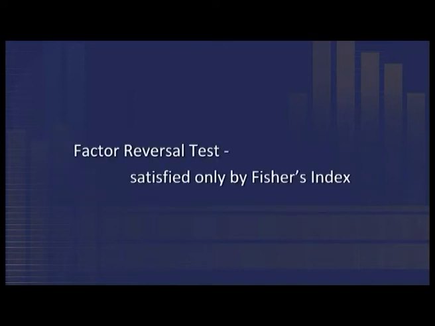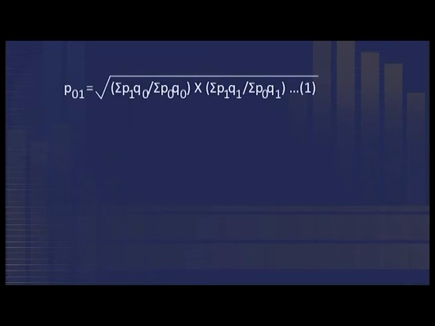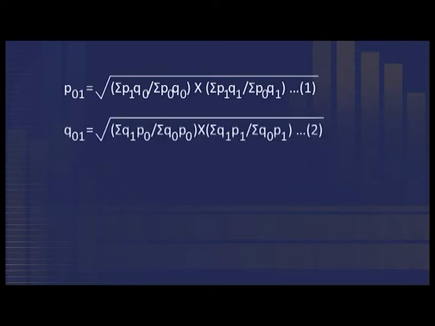The factor reversal test is satisfied only by the Fisher's ideal index number. Fisher's ideal index is equal to the square root of the summation of product of price of the current year and the quantity of the base year divided by summation of price and quantity of the base year multiplied by the summation of the product of the price and quantity of the current year divided by summation of price of the base year and current year quantity. When in the equation we change P to Q and Q to P,